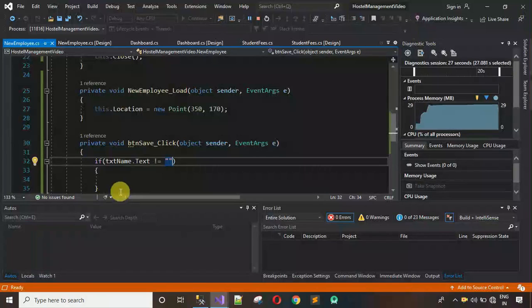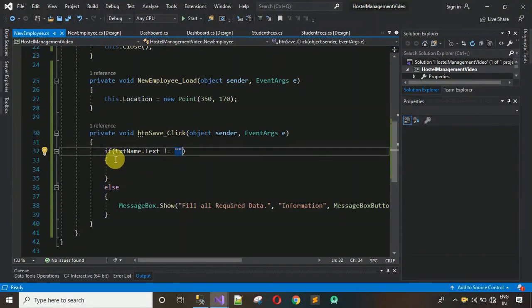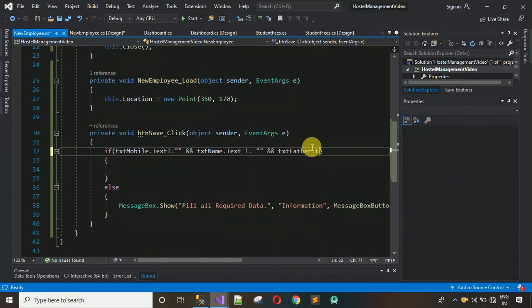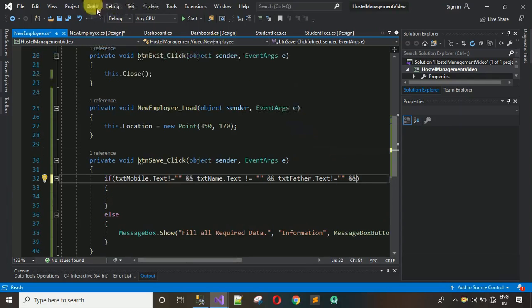Okay, so txt name. Before txt name, we have to check for one more thing, that is the mobile number. So you can actually check that later, or you can just write this one like this, mobile dot text is not equal to null, like this one. So we have checked for 2 stuff, and after this we have to check for the remaining. So txt mobile, we have father dot text is not equal to null, and okay, so let me just make this one